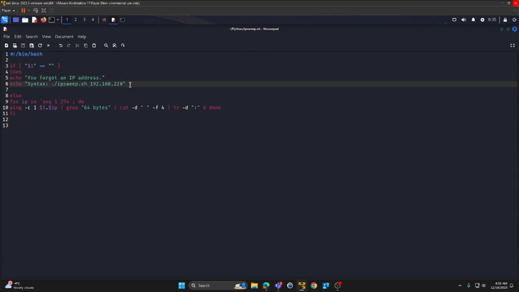So this script will go through multiple IP addresses in a sequence. It'll go 1 to 2 to 3, keep going by 1 through 254 on this IP address, and it will ping them. It'll ping those IP addresses with the variable, with the argument we put in,